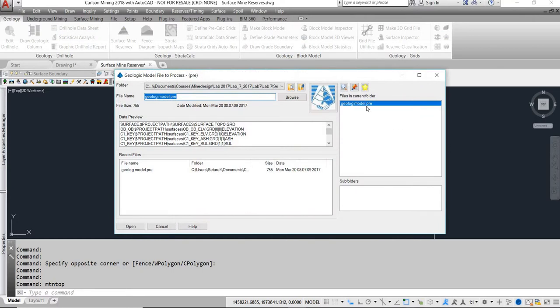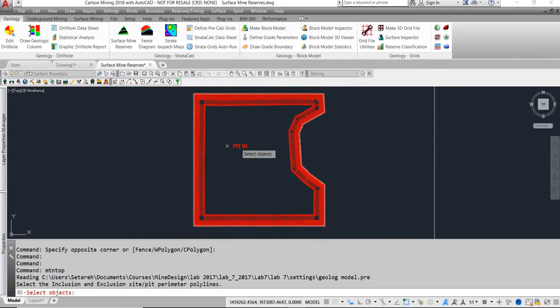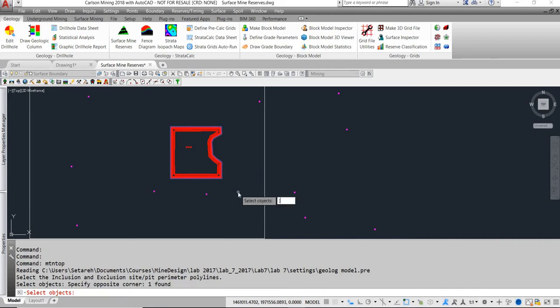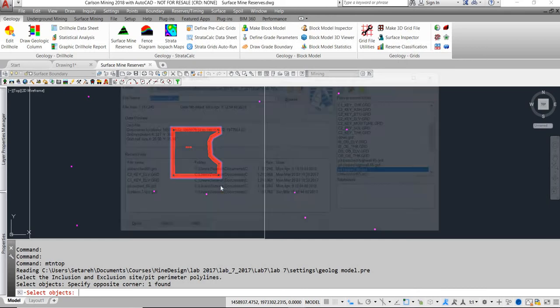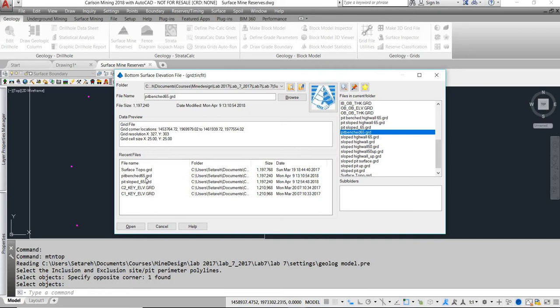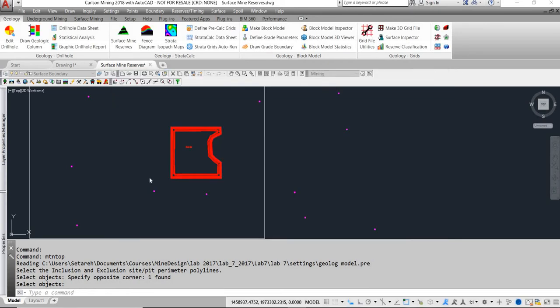Click OK. Select geologic model. Select the pit. And the bottom elevation, I have the one that I've just made, which is pit benched 65,